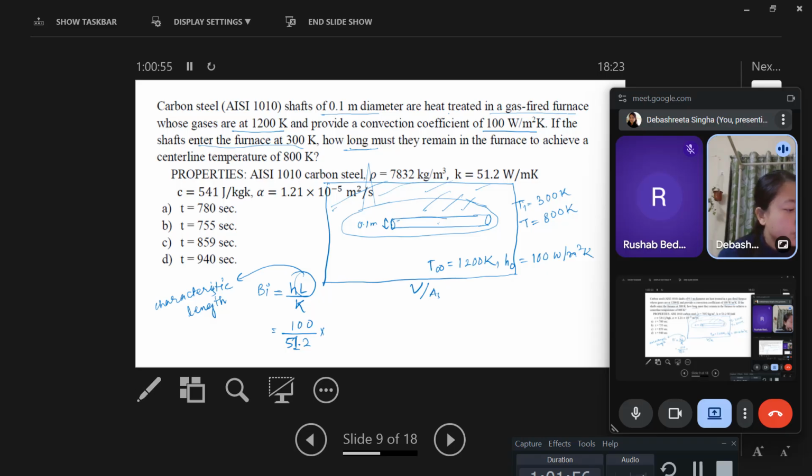So you have to consider volume by surface area. This is the characteristic length. So volume is given by, what is the volume of a cylinder? Pi r square into L. This is Lc, suppose, and this L is the length of the cylinder,